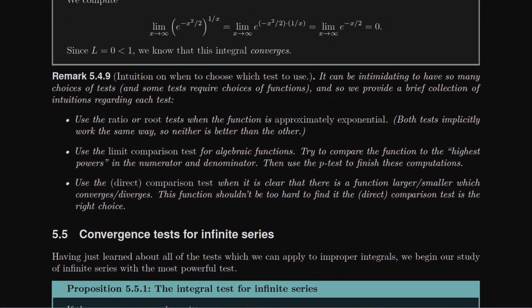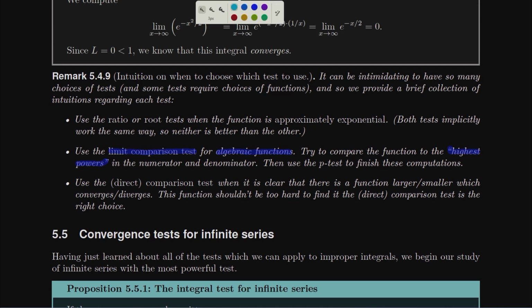Meanwhile, if you're going to use the comparison test, the limit comparison test is almost always a better choice than direct comparison. You're going to want to use the limit comparison for algebraic functions, and by this I mean powers of x, including square roots, polynomials, rational functions, etc. And when we compare these functions, I would almost always just do this highest powers trick. The highest powers dominate when functions behave a certain way. So look at the highest powers, combine all those together, and use that function as your comparison function that you're going to compute the limit comparison with.